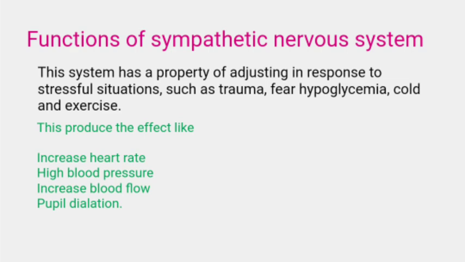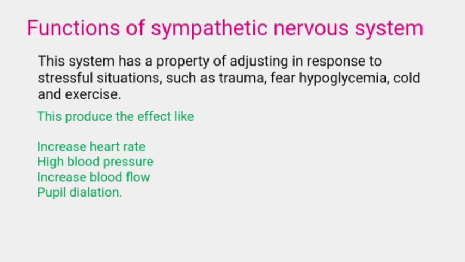The effect of sympathetic output is to increase heart rate and blood pressure, to mobilize energy stores of the body, and to increase blood flow to skeletal muscles and the heart while diverting flow from the skin and the internal organs. Sympathetic stimulation results in dilation of the pupils and bronchioles. It also affects GI motility and the function of the bladder and sexual organs.